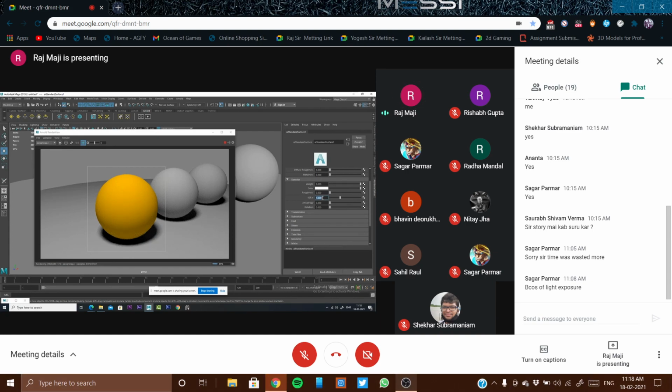Can you see there is a change? Let's make it 1.33. I guess 1.33 is the index of refraction of water. You're getting it? 1.4 to 1.6 is the index of refraction of glass. So it will change. Then maybe 2, honey will have a much higher index of refraction.